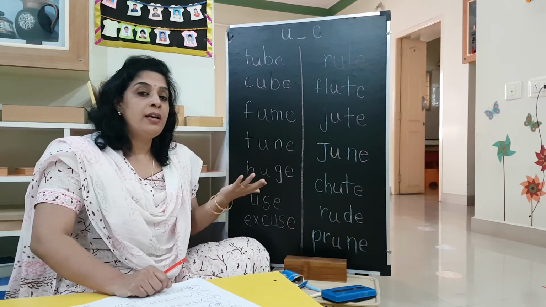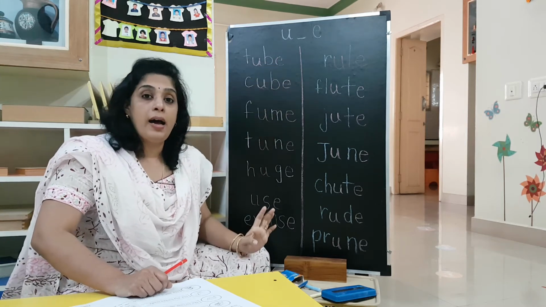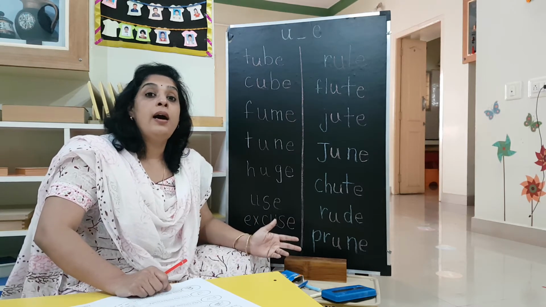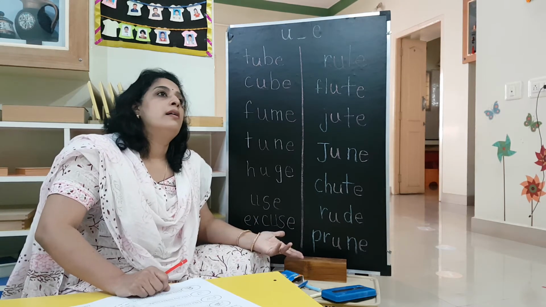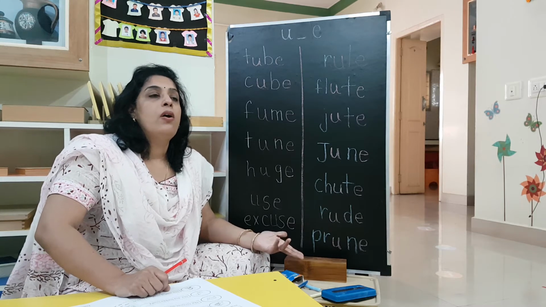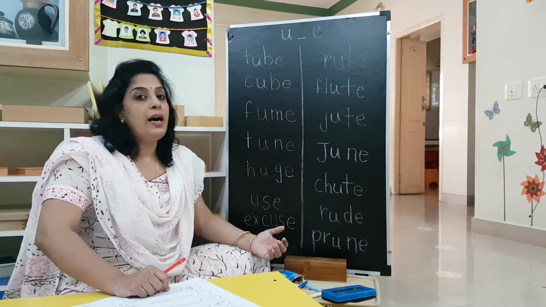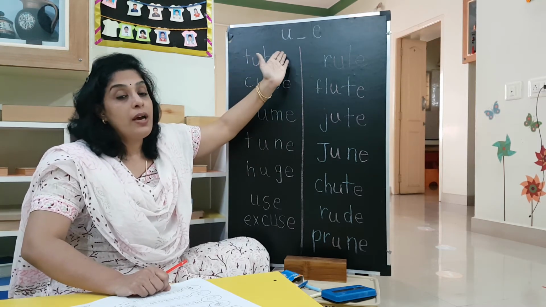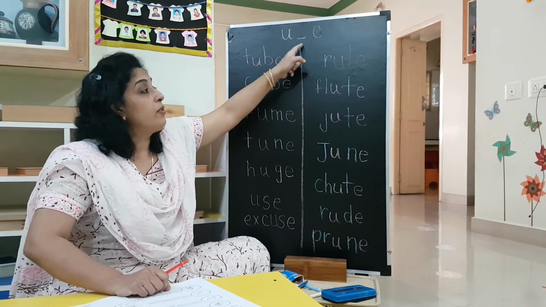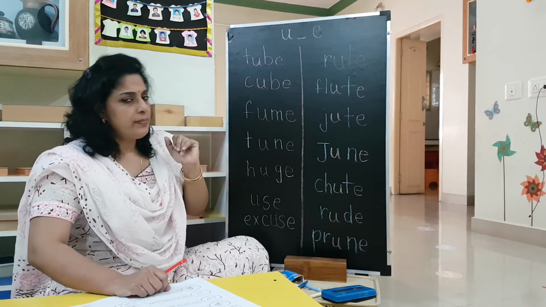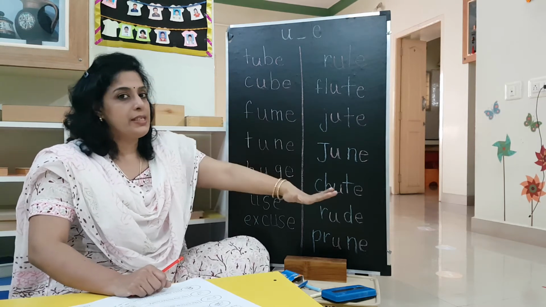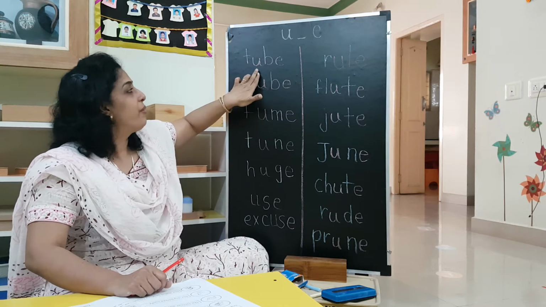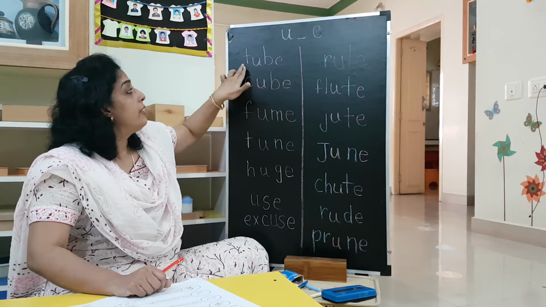But when we had learned in the beginning, the sound of U was A. Correct? We had learned A umbrella, A underneath, A under, or upside down. So that uncle, all that was A. Now this is going to have the sound U because it is coming with a consonant and a silent E. So you'll have to say it as U consonant E. Now let's see. T, this has to be U only, okay? Because there's a consonant and a silent E.